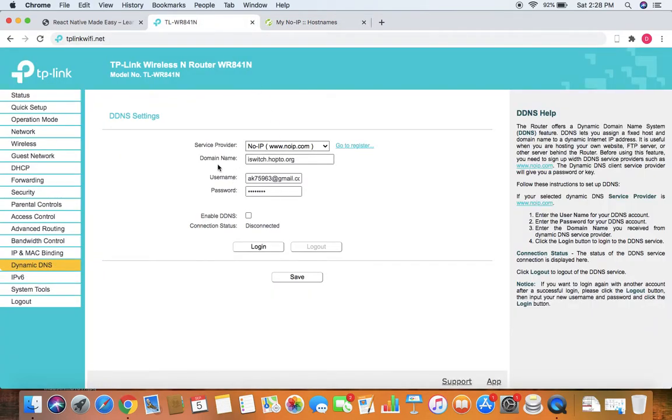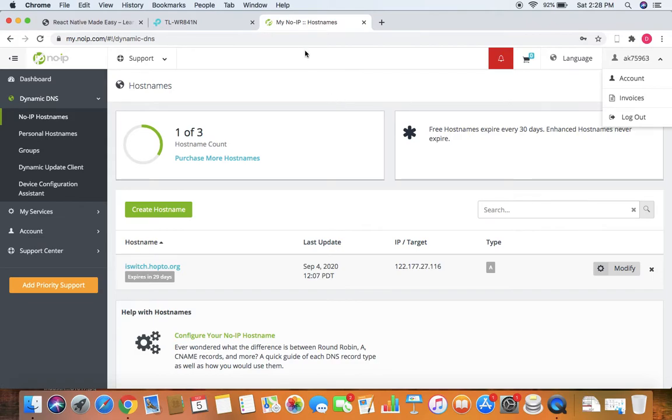After entering these three details, that is the domain name, username and password, you can check enable DDNS and just log in from here. It is showing connecting, and it is a success. So your router is now connected to this website.